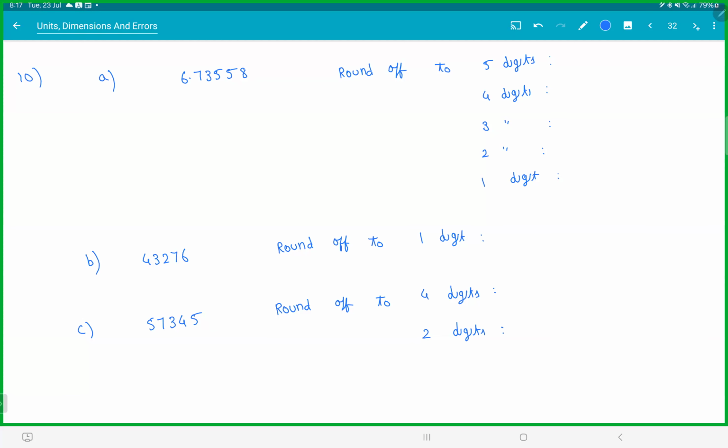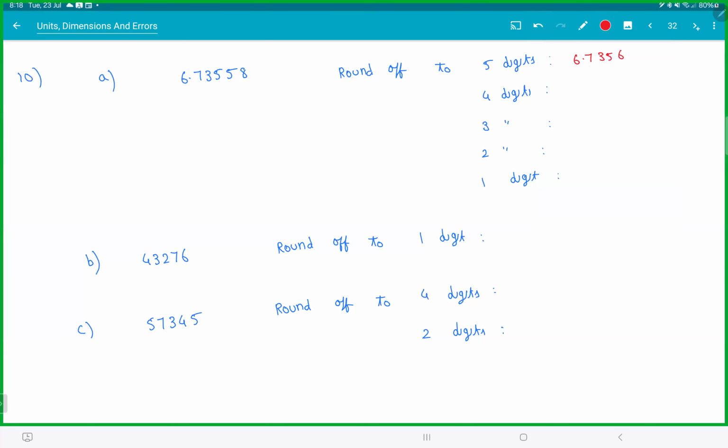Let's see. 4.3, 40,000. I hope someone didn't do 43,276 as 4. When you round off 43,000, it won't become 4. Let's see how to write that. You won't write like that, right? You can write that, but that's not the right way to do it. But still, let's say for 5 digits, what do you have to do? You have to look at 8. That is greater than this thing. So